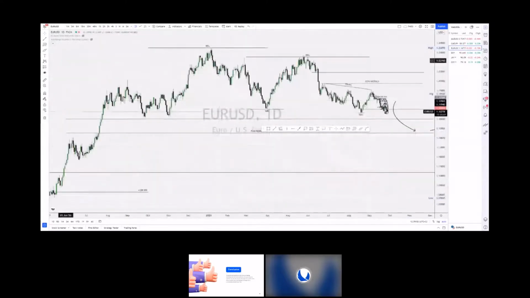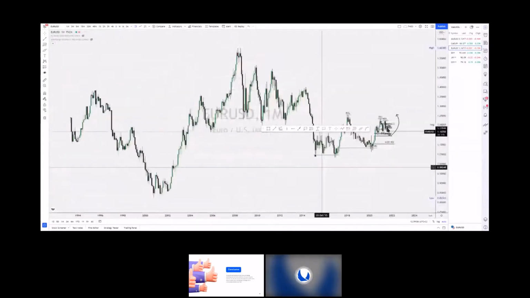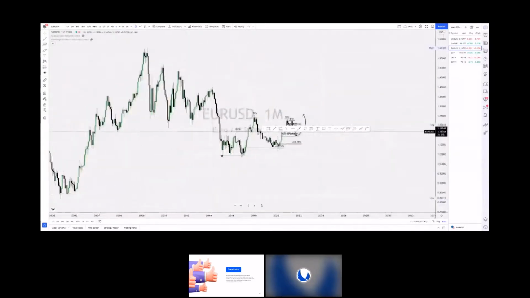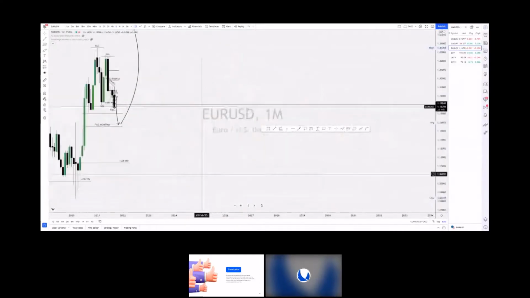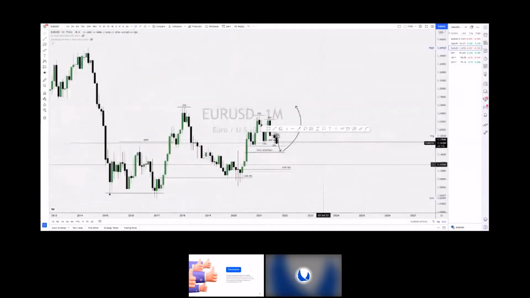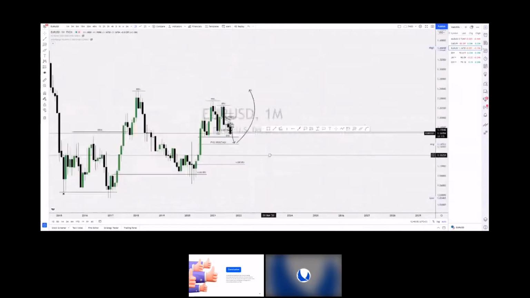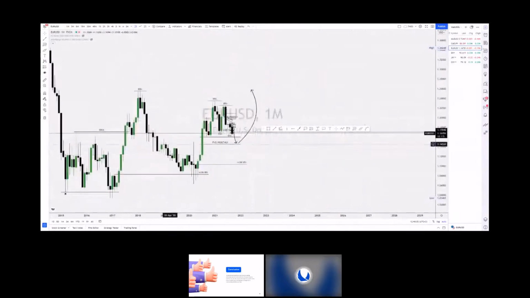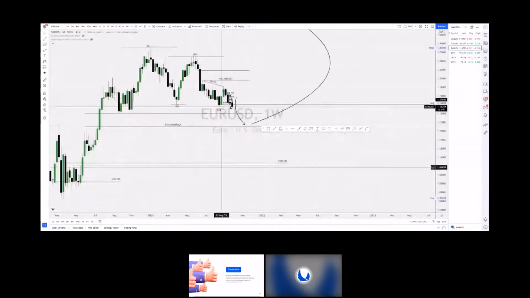Okay, so my trading approach, or my trading strategy, is first off, I want to understand price from the higher time frame perspective. That's my approach. After I understand price from the higher time frame perspective, which is the monthly and weekly majorly,